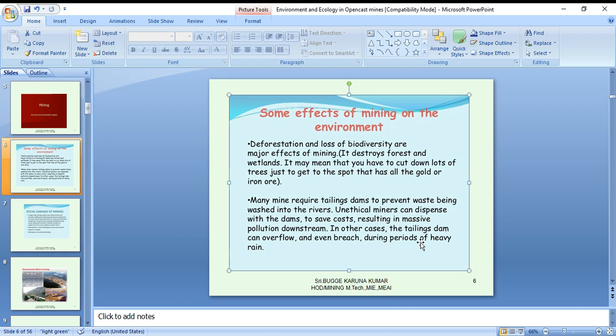Next, other activities such as mine tailing and washeries of mineral processing activity will lead to air pollution, water pollution, and other environmental degradation.